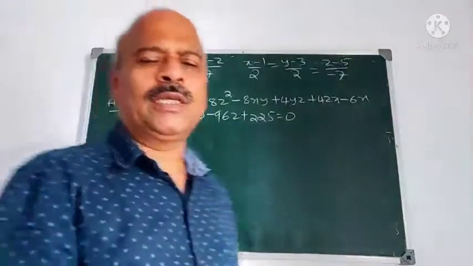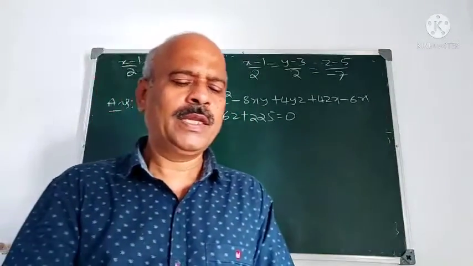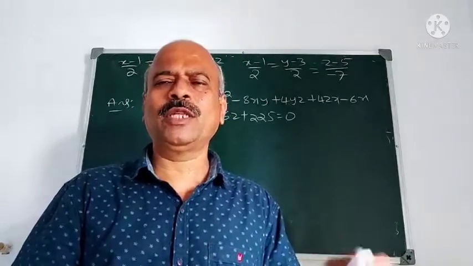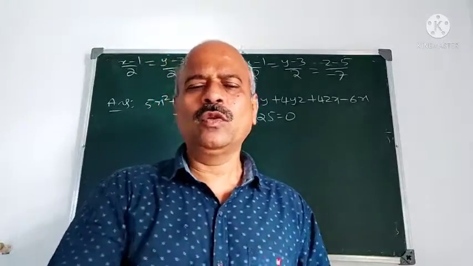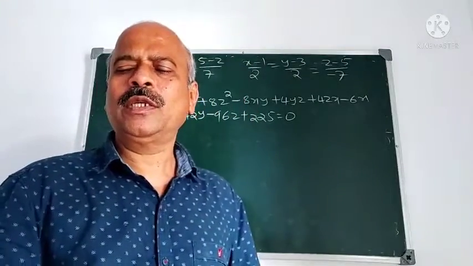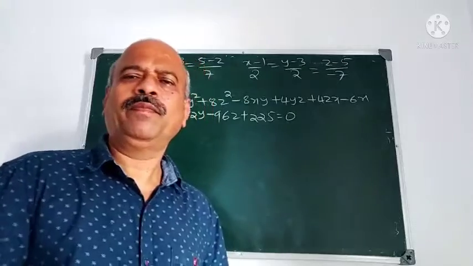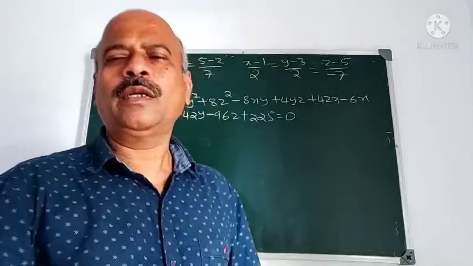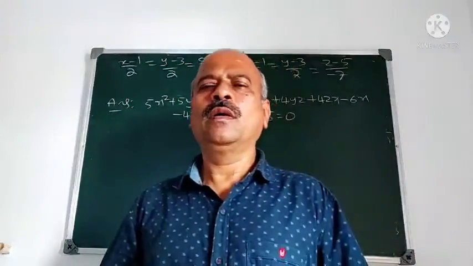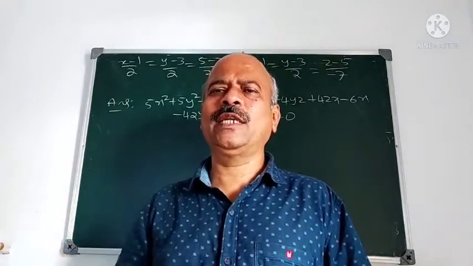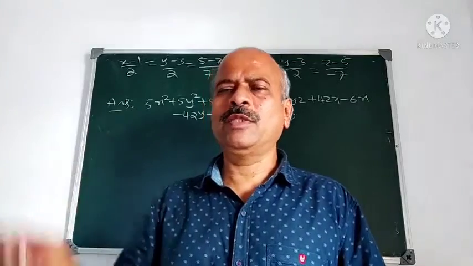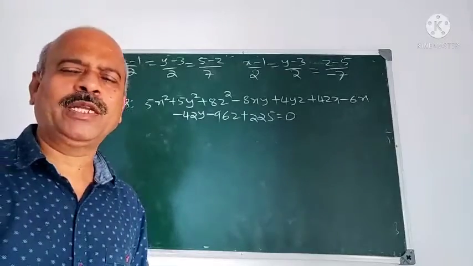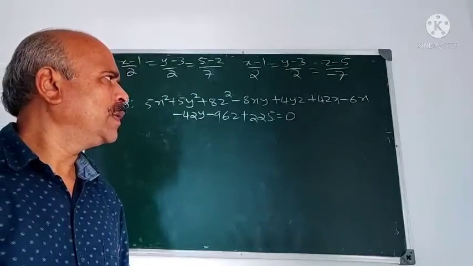So this completes the right circular cylinder. In the right circular cylinder, only how to find the equation is there. You go through the topic. If you have any difficulties, feel free to ask at any time. So now this solid geometry of sphere, cone and cylinder, geometry of three dimensions, is completed, and I will give the notes later.